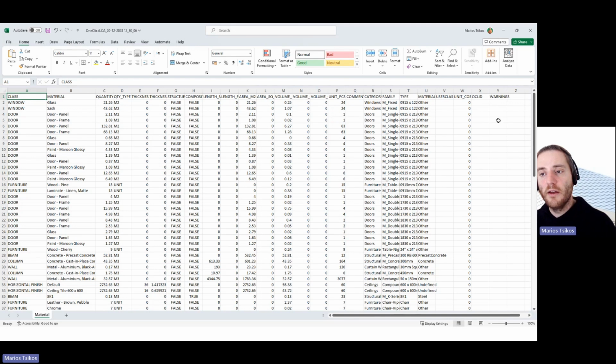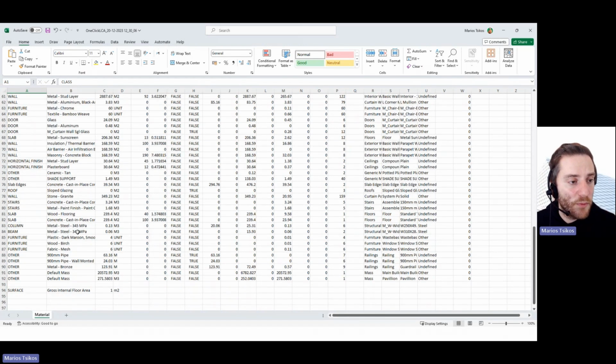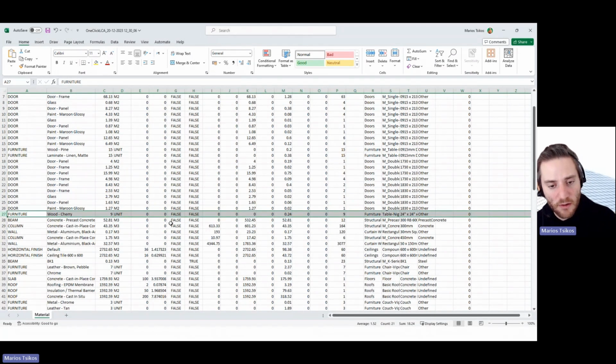We can also add extra columns with additional information that we might want to get to One Click LCA. We can add materials that don't exist. We can remove materials that exist here and we don't want them, for example, furniture and things like that, that might not be relevant. And once we are ready, we save it and we upload this Excel file instead of